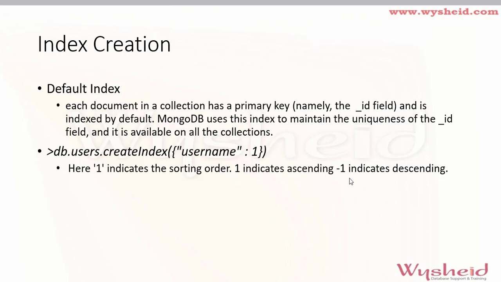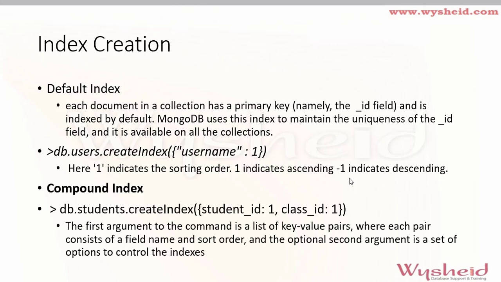Now let's see how to create a compound index, or an index which is created with more than one field. For that, we will pass comma separated field names and their sorting order. We will use the same function, that is the createIndex function, and as an argument we are passing a document. In the case of the first example also, we passed a document. In our first example, the document contains the field name and the sorting order. Here also we are passing the field name and sorting order,